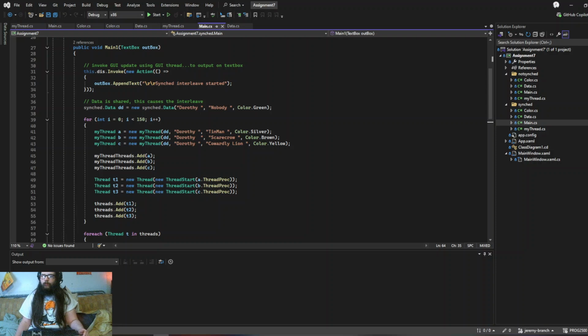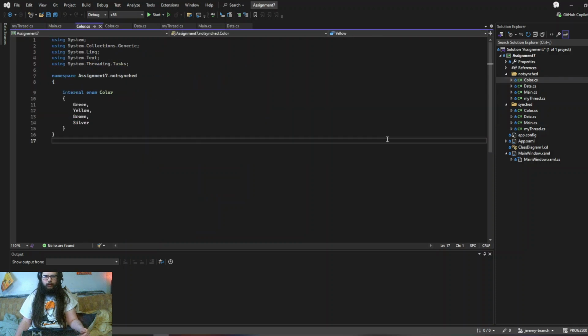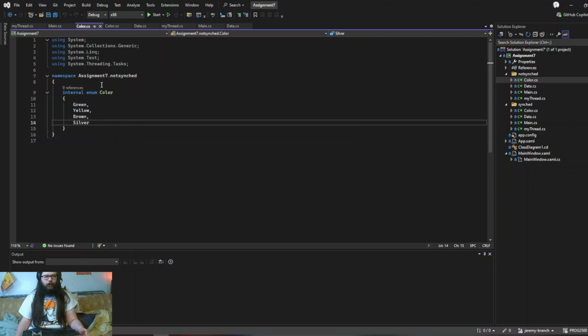Next, this isn't worth points, but it's still on there, so I did it, and that's the enumeration for color. I think this and then the thread itself are both the exact same between the two, but the thread was already in here, so just for the sake of making it the same, both of them have their own color, but they're the same. Obviously there could be more colors in there. It's an enum, but just for the specific example, I made it the colors that you need. But obviously, just by looking at it, you can tell it's very simple to do something like this